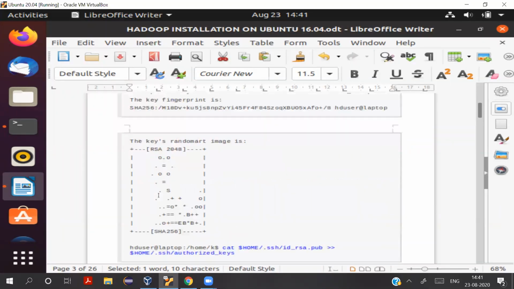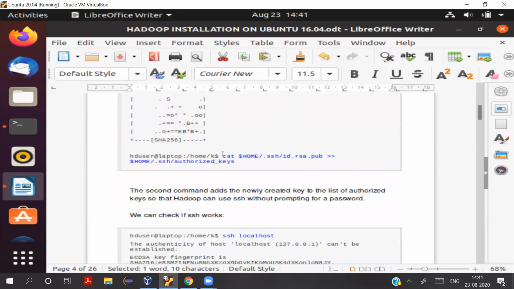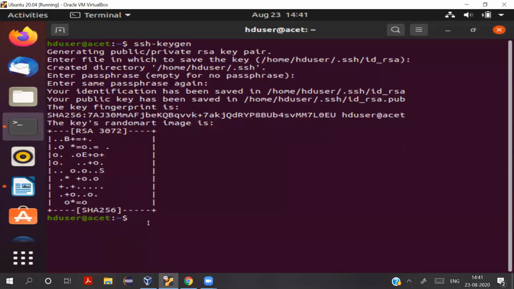Next, with this command, we will add it to the list of the authorized keys so that it recognizes it each time. So this is done.